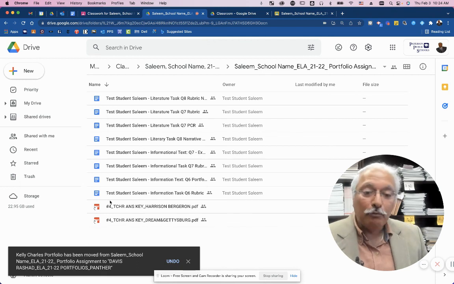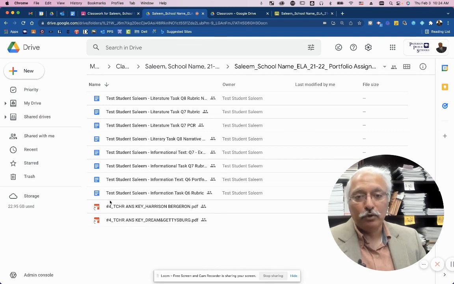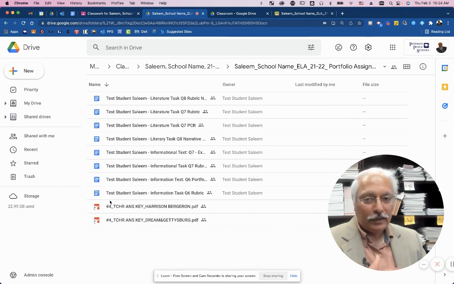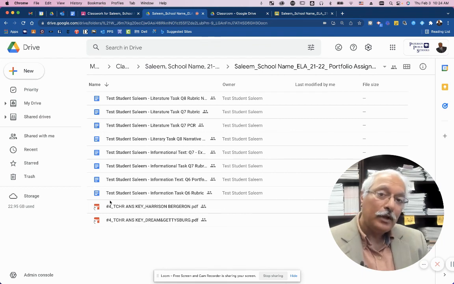So at this point, I've moved all the student portfolio folders into the school uploads folder. Now, this particular folder has double, triple access with your school leads and with the central office review team. They will start looking at these assignments, and if they deem that these assignments are complete by the DOE rubric, they will take them out from there and put them in their final portfolio folders for onward submission to DOE. If not, then these assignments will be sent back along with an email to that revisions folder